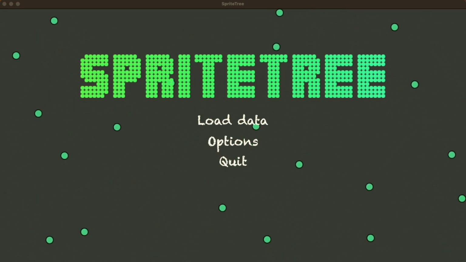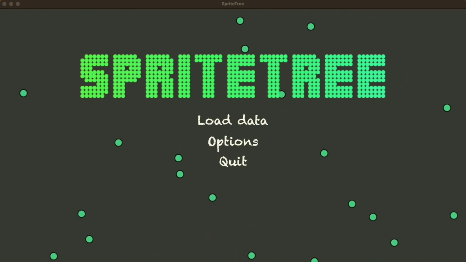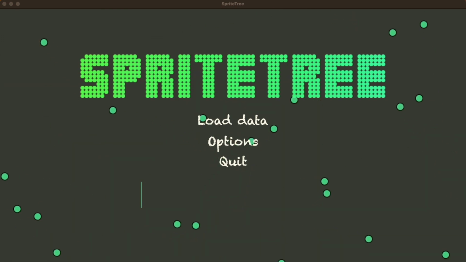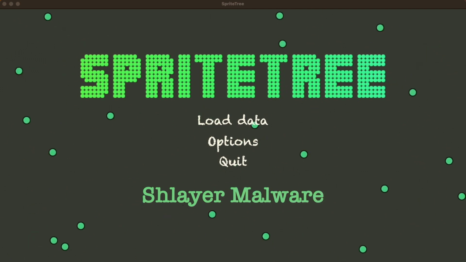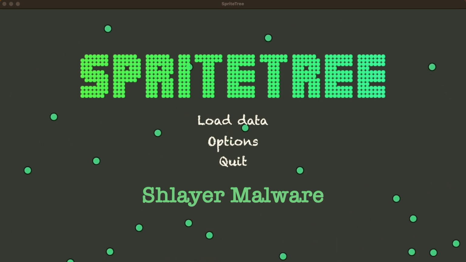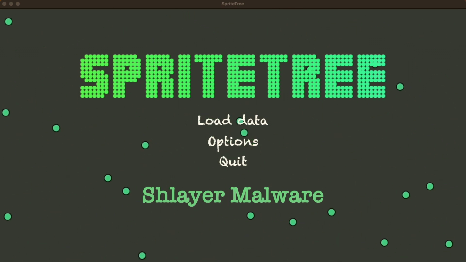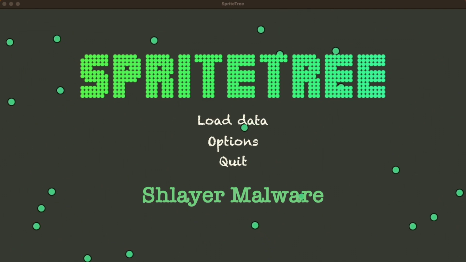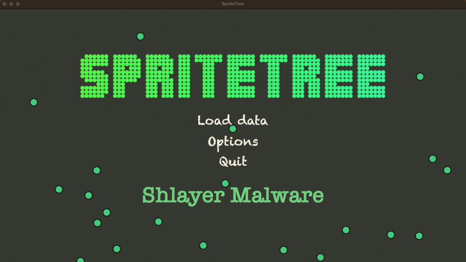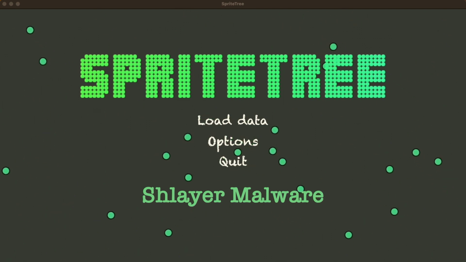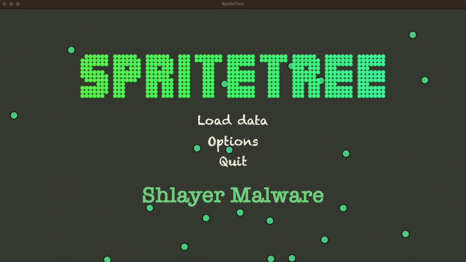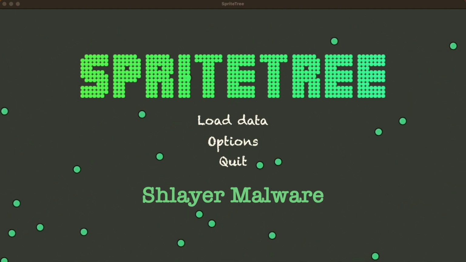All right, so let's use Sprite Tree to showcase a few actual malware scenarios. The first is a capture of the Schlayer malware. I use this as an example because it's basically a malware dropper that keeps pretty up to date and tries to evade antivirus every time it gets caught. The authors will go update it and try to get around whatever's catching them. It also generates a lot of system activity because it tends to be written in some type of highly scripty language.